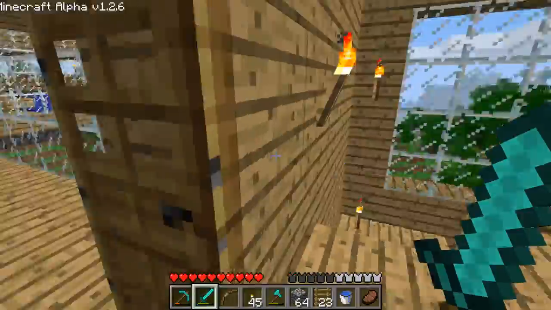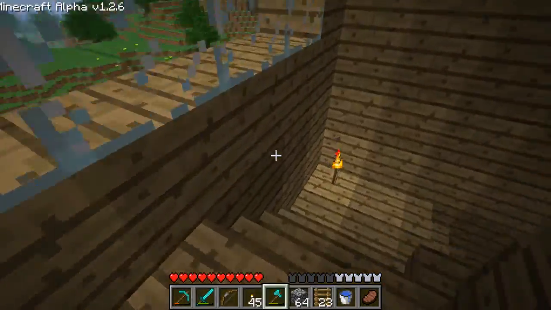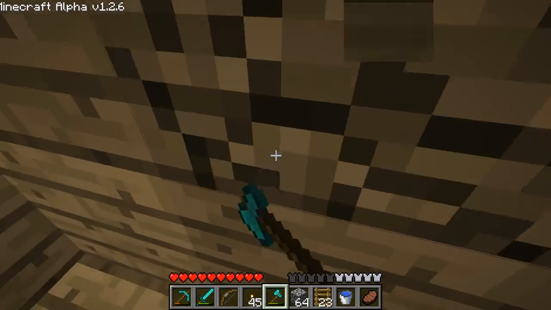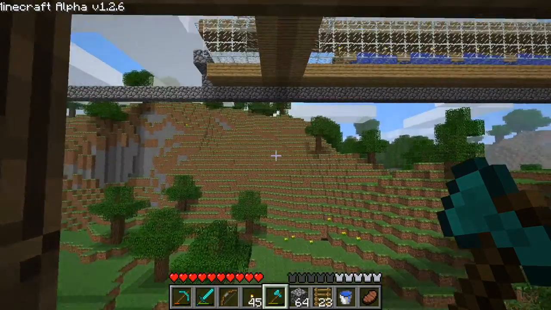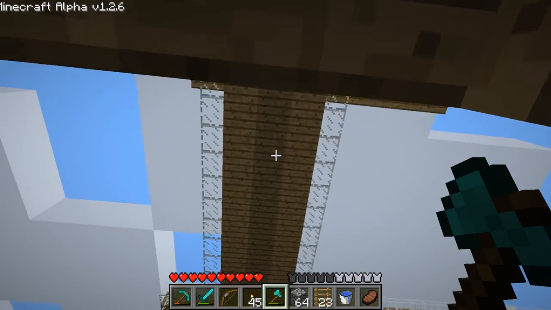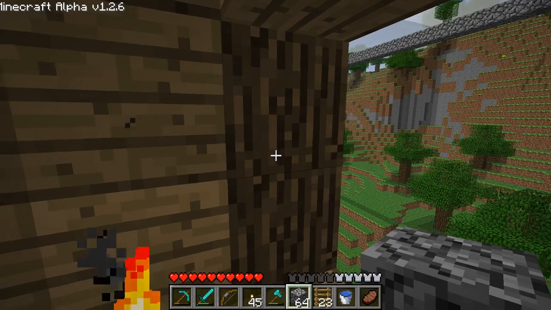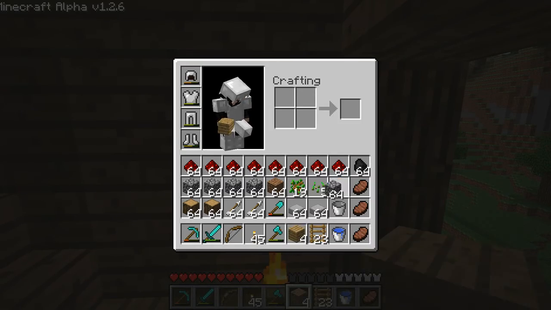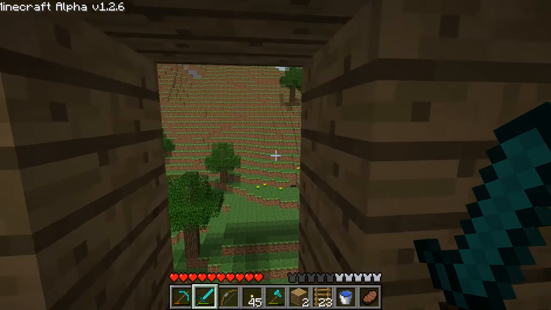Let's just step through here real quick. Swing down these stairs. And boom. All we have to do is connect it up right here. You know what? We just need a door right here. Oh, yes, and I brought a lot of supplies from the main base because...